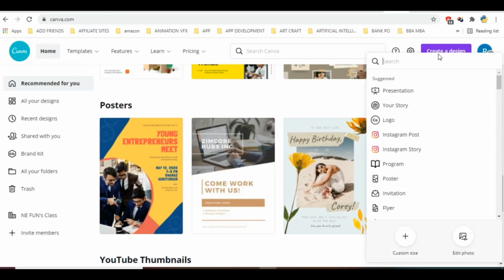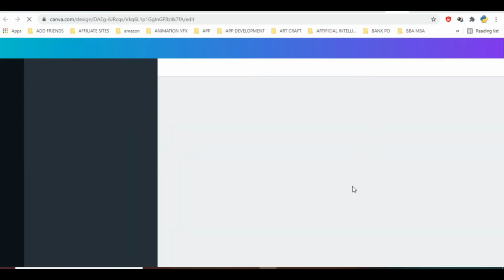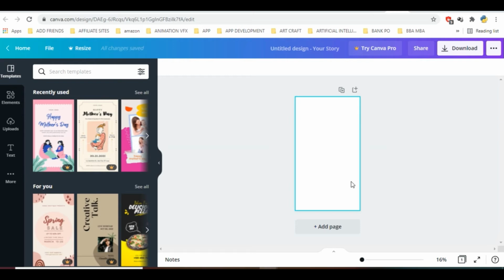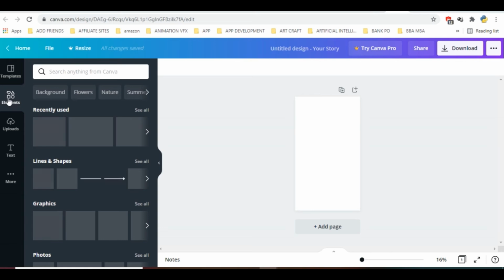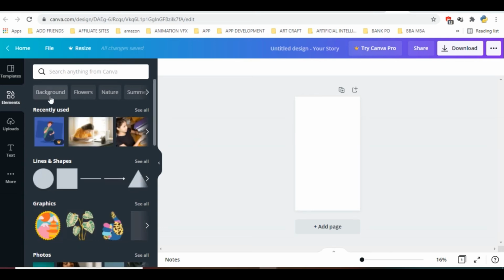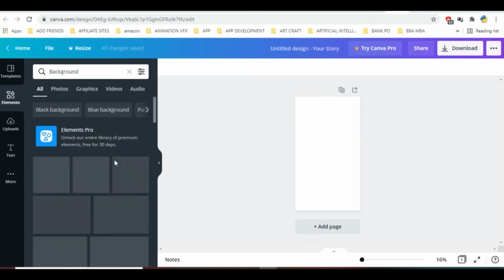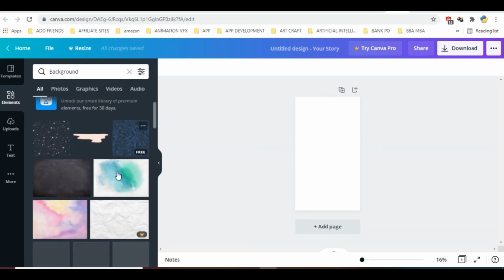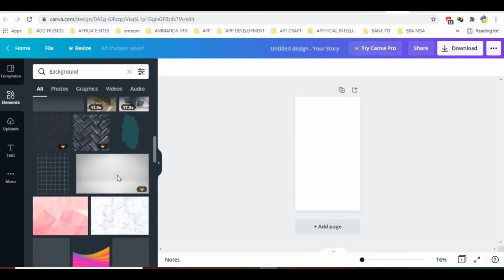First of all, I am creating a design. So click on the button create a design. Now you can change the background if you want to. Now click on the elements. Here there are many hidden elements, many elements which are very difficult to search and are not visible in front.